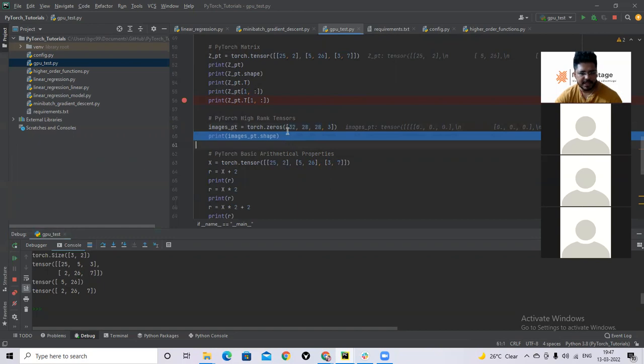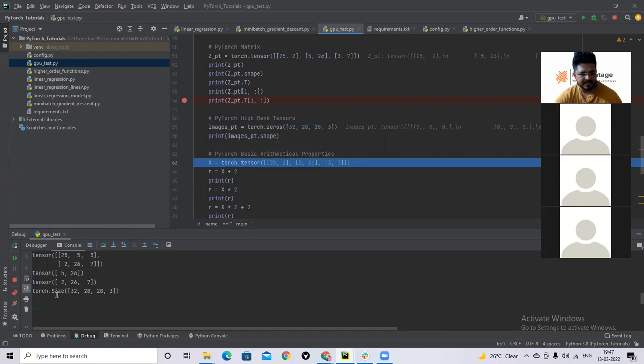So this type of shape and size mostly comes with convolutional neural networks for images. This is an example of how you can initialize an all-zero tensor of shape 32 by 28 by 28 by 3. If I print this, the shape is 32 by 28 by 28 by 3.